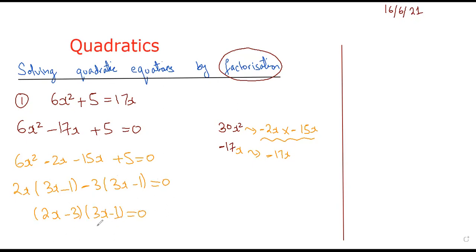Once we have made the two factors, I know if this is giving me 0, either this would be 0 or this would be 0. So I can write it as 2x minus 3 is equal to 0 or 3x minus 1 is equal to 0. And this is going to give me x equals,